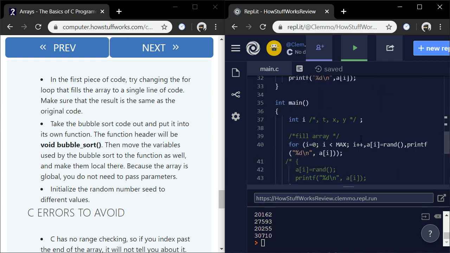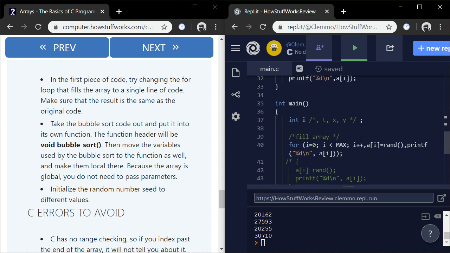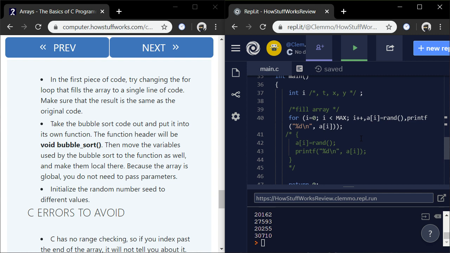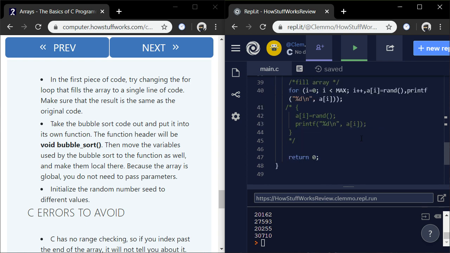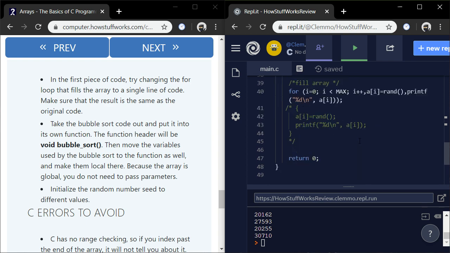I need to call bubble sort at some point, right? Can't say return bubble sort, can I?